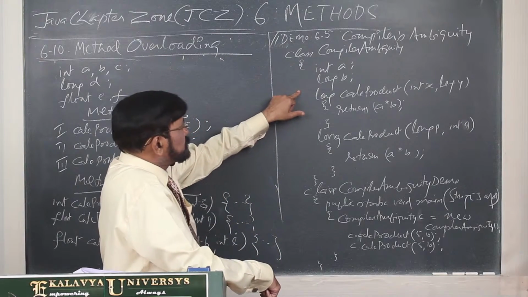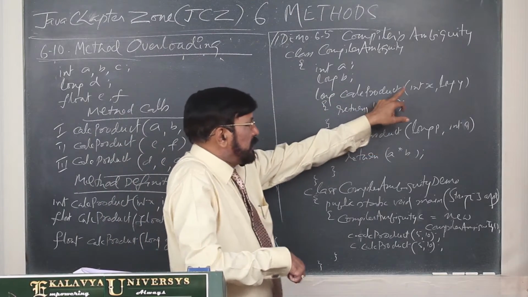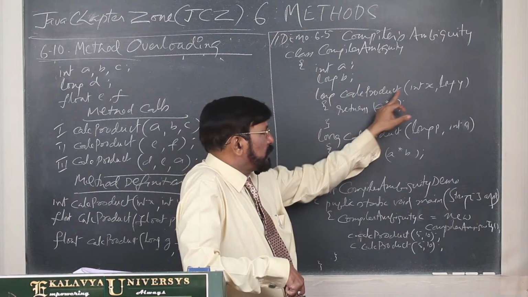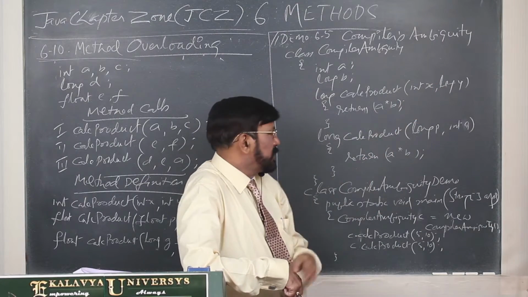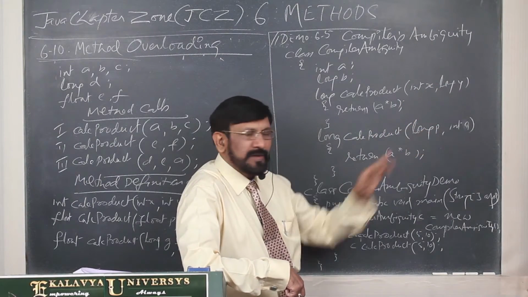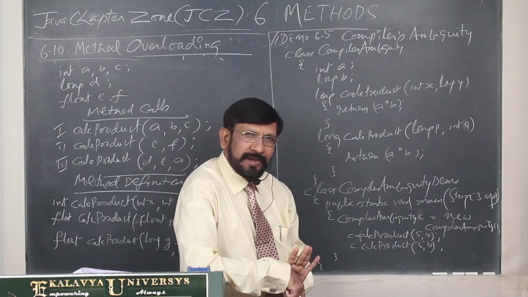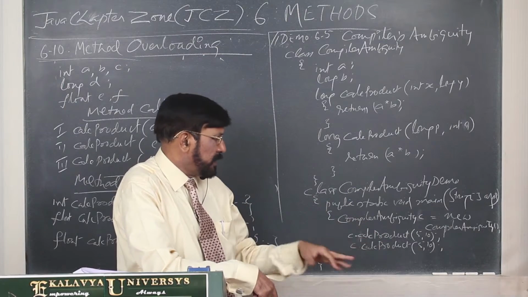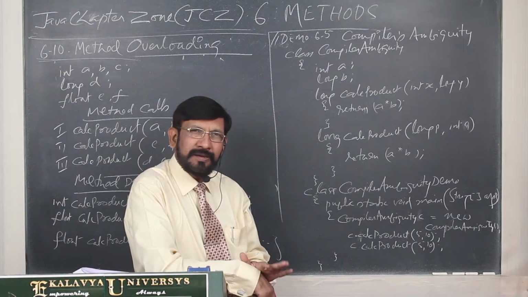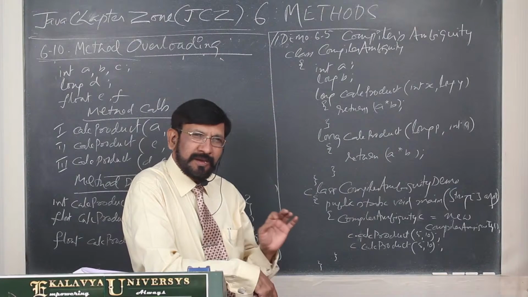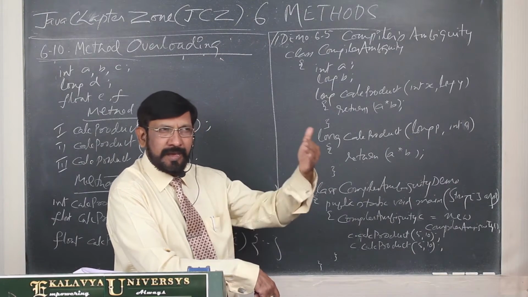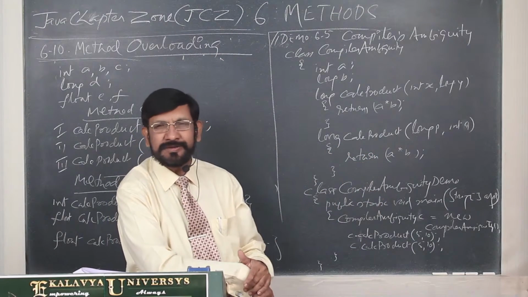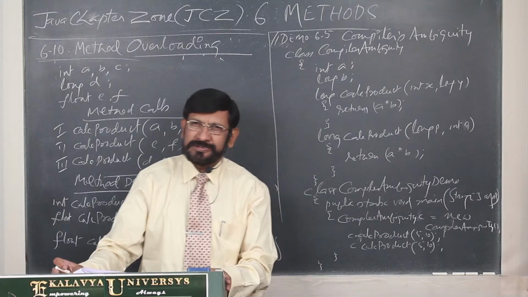Here in this case, you see, calculate product only. As far as signature, 2 methods are there. Technically, calculate product int long, calculate product long int. Technically you feel that the signatures are different, but when you write this program and call them, the compiler gives an error message. The compiler is in an ambiguous position. Compiler ambiguity, it cannot identify which is the matching definition. These are very few cases.